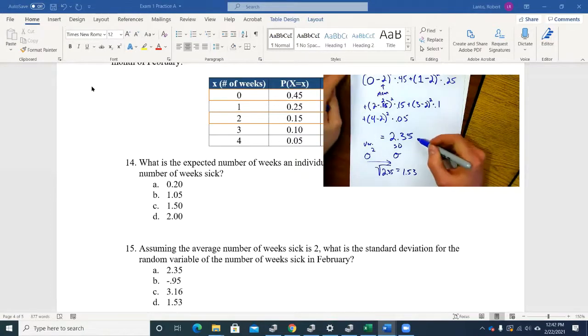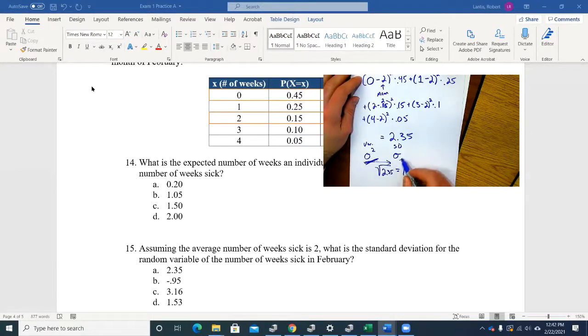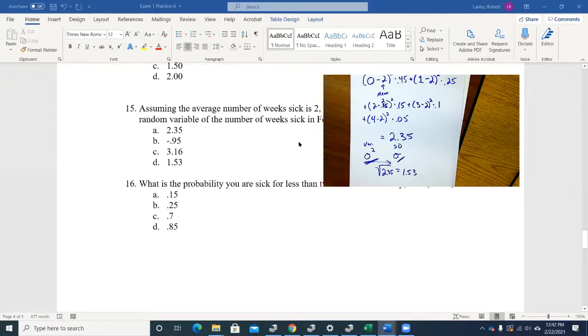Yep. So that equation that we had in the formula sheet, that was for sigma squared, or our variance, right? We wanted the standard deviation. That's just sigma, so we had to take the square root, right? That one additional step. Any other questions on that one? Okay. So this next one,